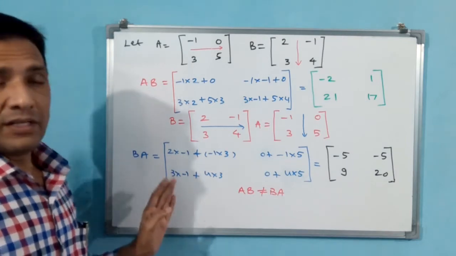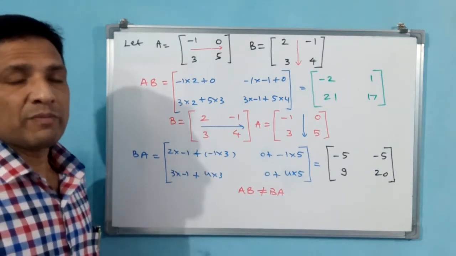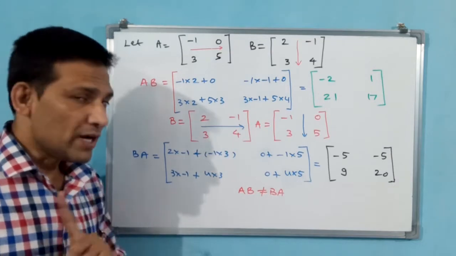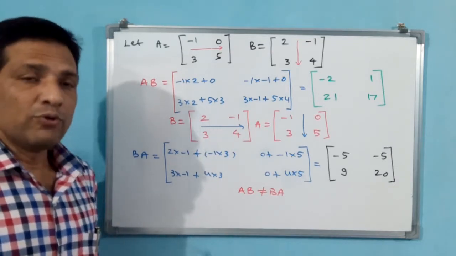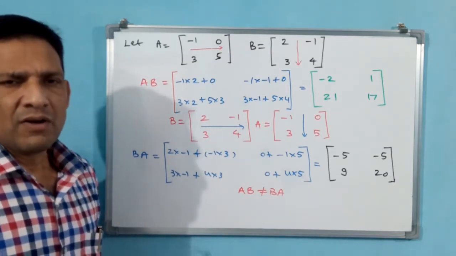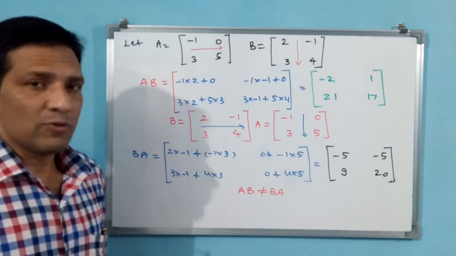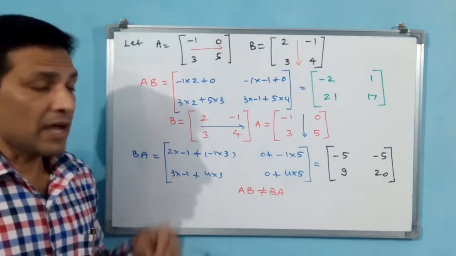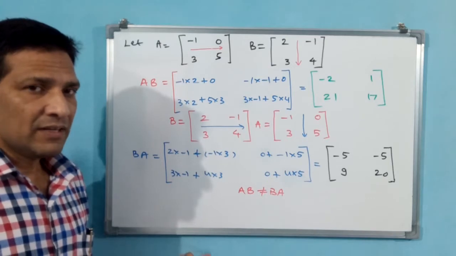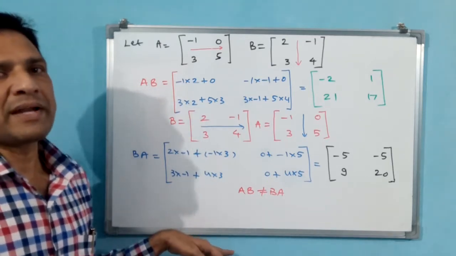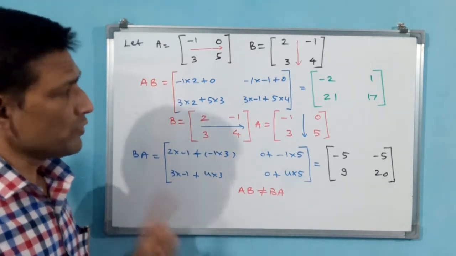Okay, that means where AB you have to take, you have to take AB only. You should not take BA. But if you go by normal algebra, 1 into 3 is equal to 3 into 1. See, addition of matrices was commutative, but multiplication of matrices is not commutative. That you have to keep in mind.